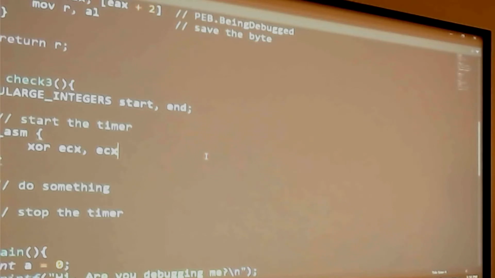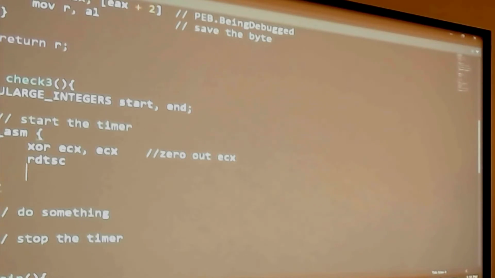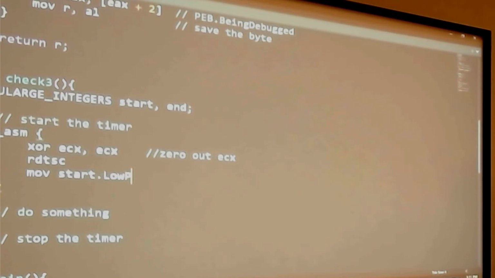Alright, so in my first block of assembly code here, I'm doing an XOR of ECX and ECX. What does that actually do? We want to have nothing in ECX, we're going to start adding back to that register. We can then call RDTSC. And this is the little bit weird part, since we're doing a 64-bit number in 32-bit variables: into the bottom half of start, I'm going to move